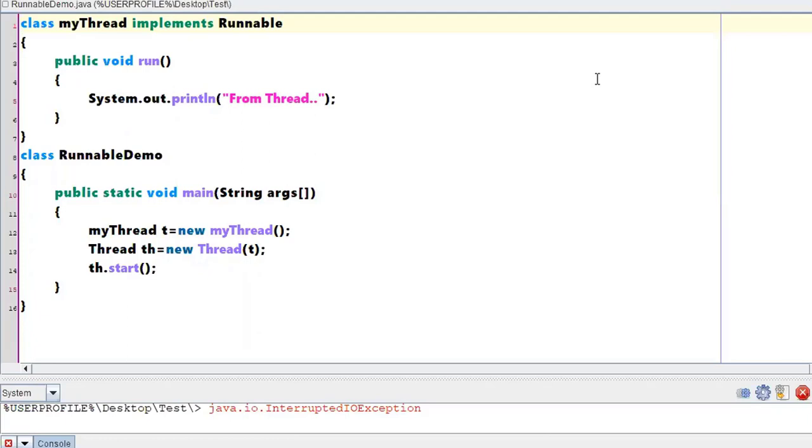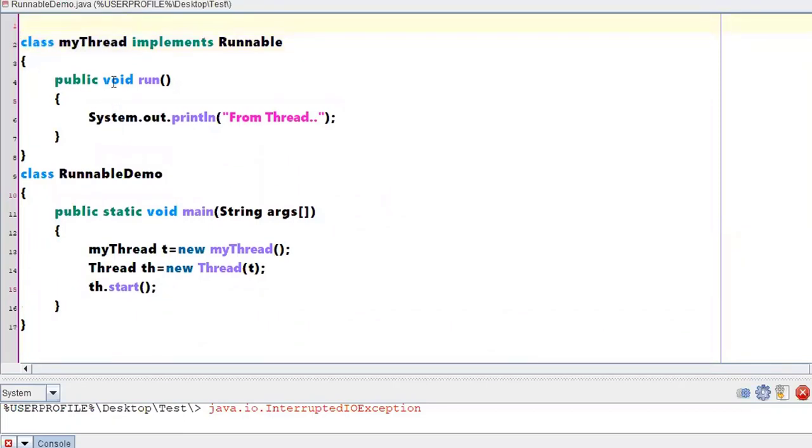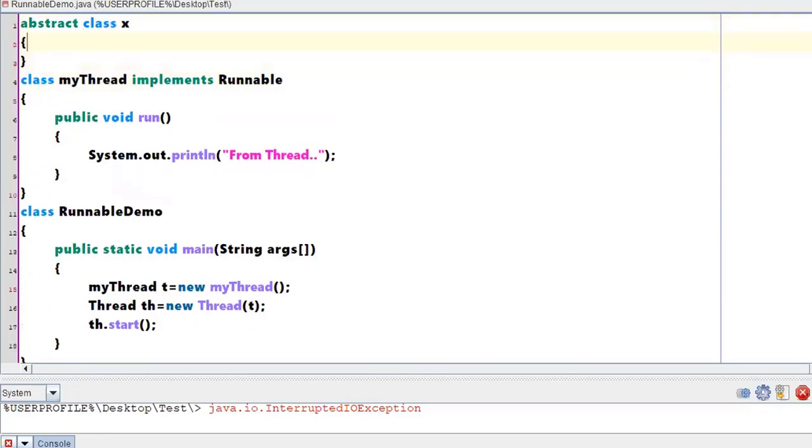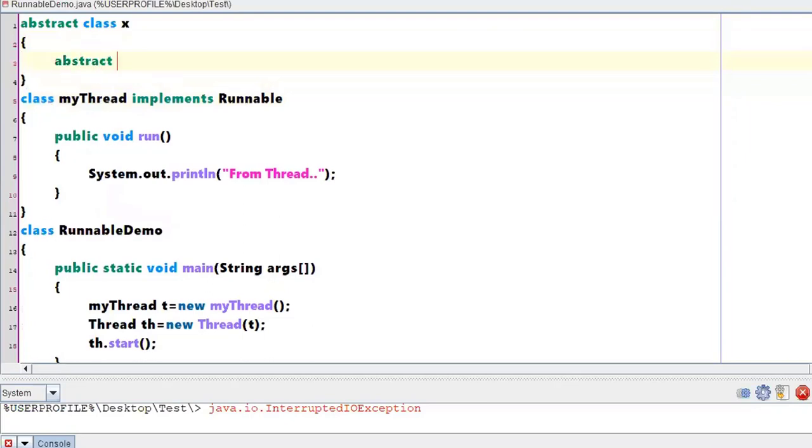See, point number one is you cannot have multiple inheritance with respect to Java. Now, with respect to this particular MyThread class, if it wants to extend some other classes, say for example, I have one more class here, abstract class X. This is the abstract class. Now, abstract void m1. This is the abstract method in that particular class.